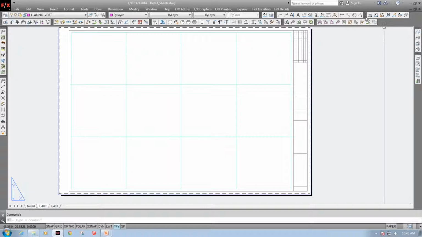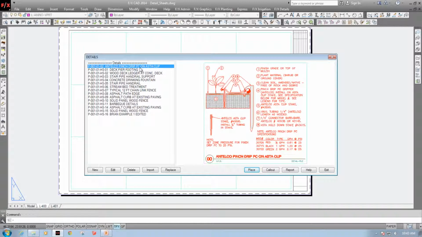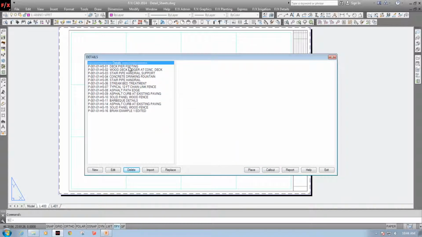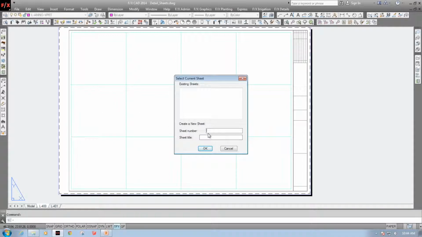So now I'm going to go back over to my detail manager, and I'm ready to start placing my details on this sheet. So I'm going to start here, and actually I don't want this irrigation one in there just yet. I'm just going to place. It's going to ask me for a sheet number. Now if you have fields that are associated with your title block, or you have any other data that's populated over here, you always want to make sure you're maintaining accuracy there. For example, for me, this is going to be L400. So I'm going to say L400, and I'm going to call this my detail sheet,